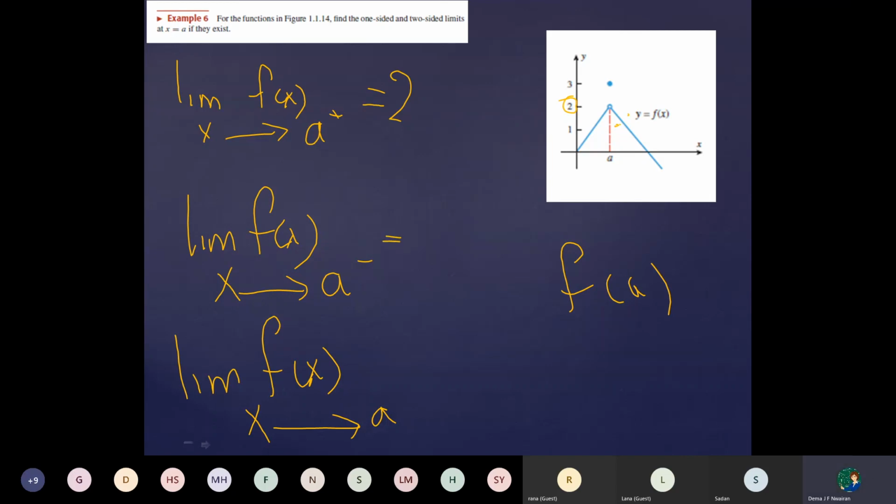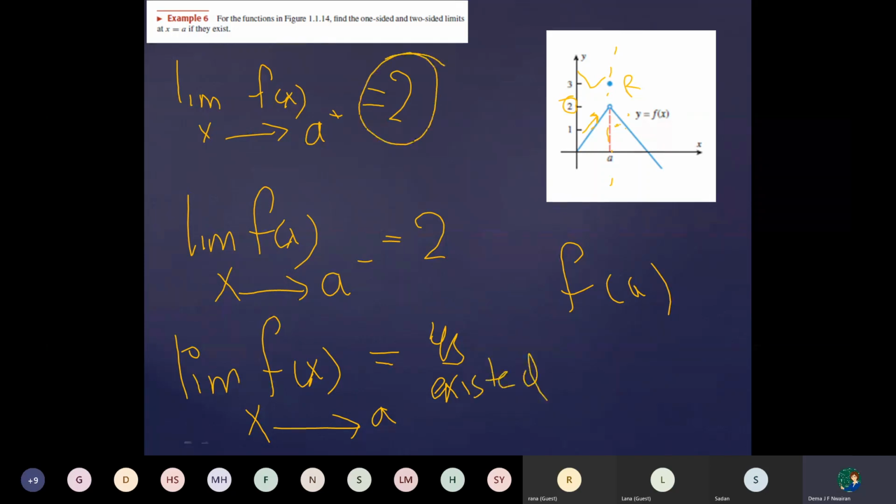What about now from the left? Look here. The y approaches 2 also. Here is a, here is right, here is left. From the right, it's going to be 2, and from the left, it's also going to be 2. It approaches 2. So, since the limit from the right is equal to the limit from the left, I can say that limit f of x when x approaches a exists. Why does it exist? Because from the left is equal to from the right, which is equal to